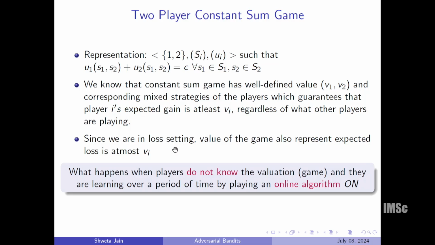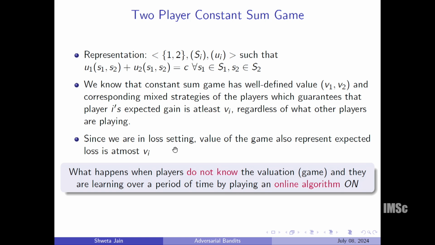Here what we are interested in is: when every agent is taking a regret minimizing algorithm, then over a period of time t, which equilibria do we reach? This is the question that we are interested in,